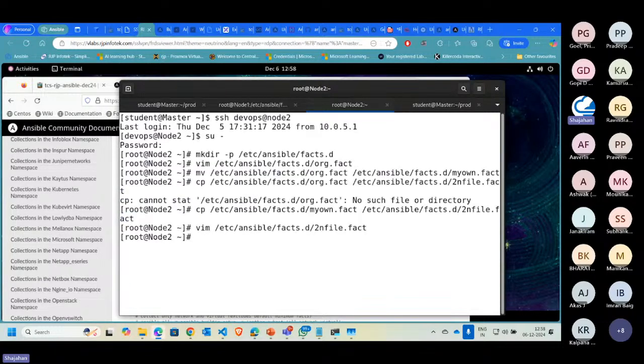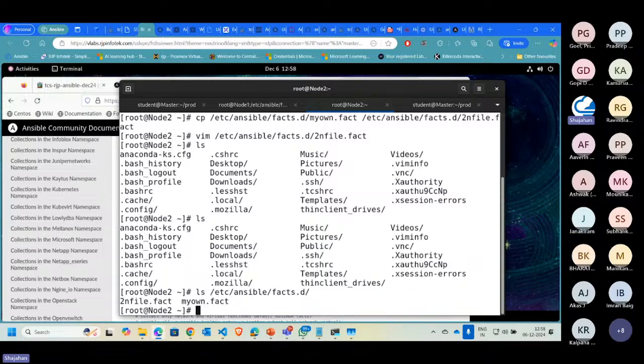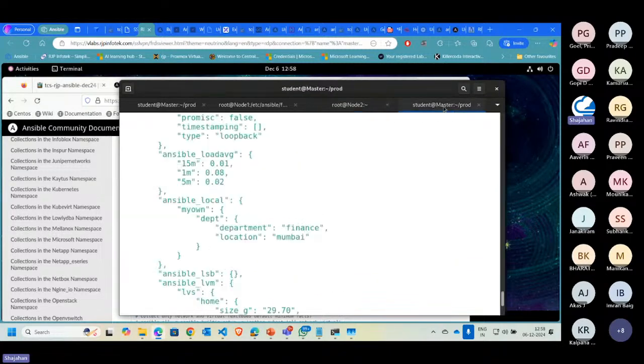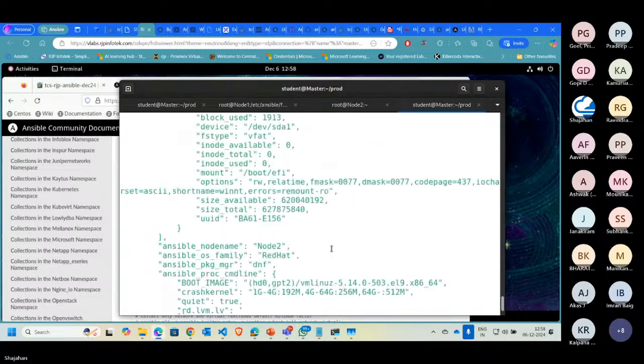So currently in that location there are two fact files. One is my own fact, second is second file fact. There are two fact files in the same location. Now I'm trying to run and get the inventory along with the custom detail. I got the output. So if I go back here,